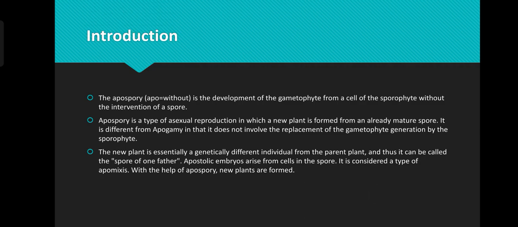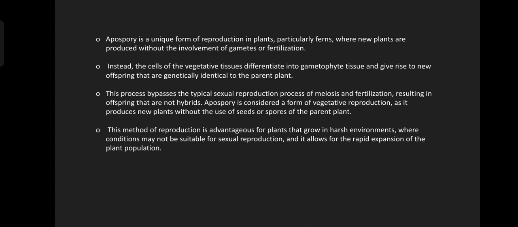Introduction. Apospory is the development of the gametophyte from a cell of the sporophyte without the intervention of a spore. Apospory is a type of asexual reproduction in which a new plant is formed from an already mature spore. It is different from apogamy and does not involve the replacement of the gametophyte generation by the sporophyte. The new plant is essentially a genetically different individual from the parent plant, and it can be called the spore of one father. Apospory is a unique form of reproduction in plants, particularly ferns,